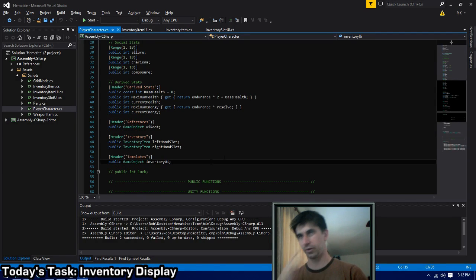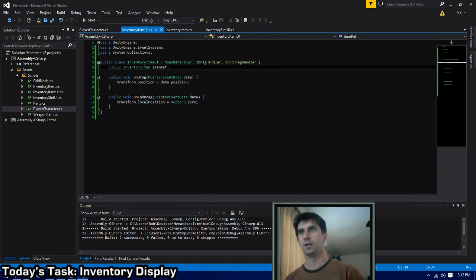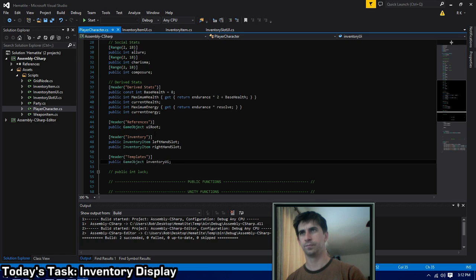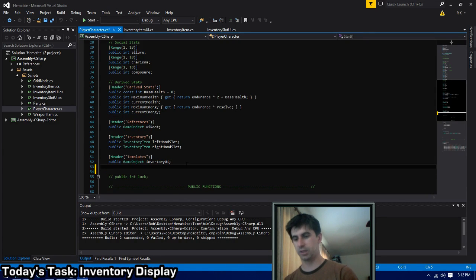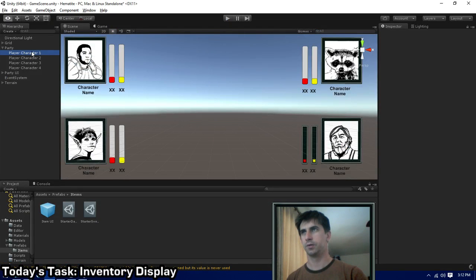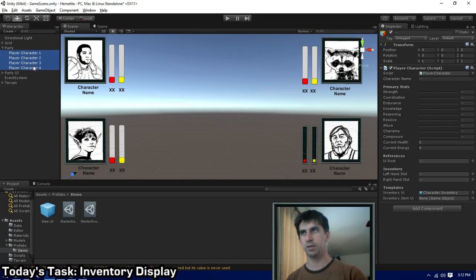Here's our inventory UI. Let's see, inventory. So that's just a template for things. And I think I'm just going to keep going with this. So, our inventory item UI. So each of you needs a